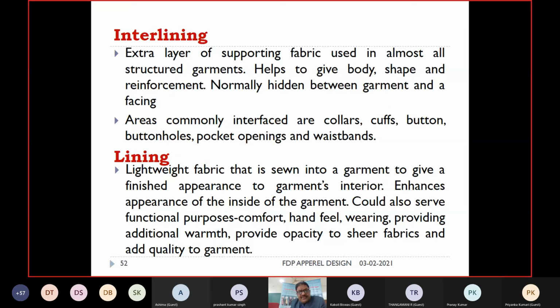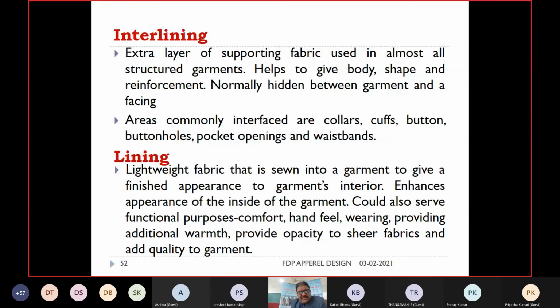Interlining: an extra layer of supporting fabric used in almost all structured garments that helps to give the body shape and reinforcement. Interlining, fusibles: in each and every garment you will find fusibles in the collars, in the cuffs, and also along the line of the buttons. Near the buttons, inside, we have what is called buckram in Hindi. That buckram is called interlining, that is called fusibles.